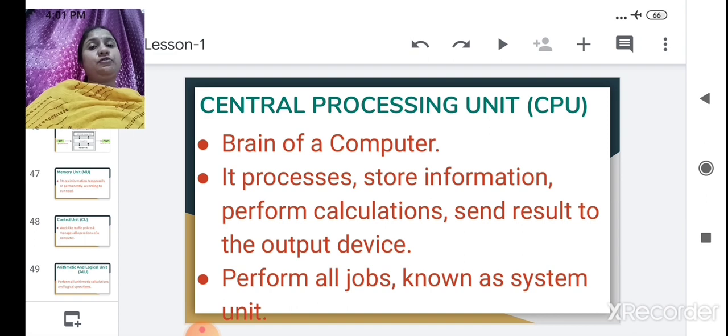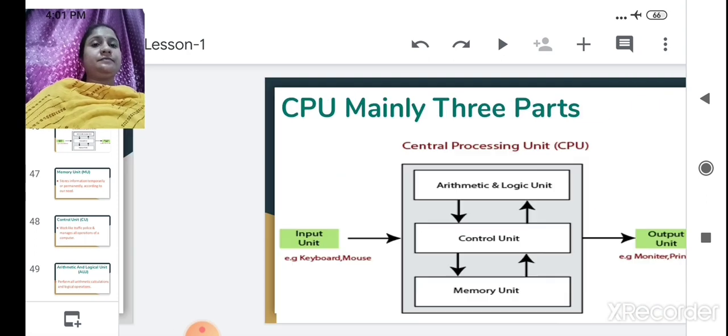Whatever input we give to the computer, it processes and sends the result to the output device. Performing all these jobs is known as the system unit. Got it? Now we'll see next.